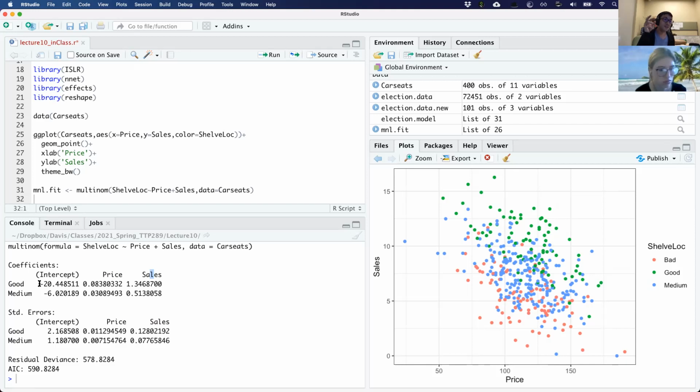And because they're interrelated, because the probabilities always add up to 1, they will always provide n minus 1 sets of coefficients, because the last set can always be calculated from these coefficients.